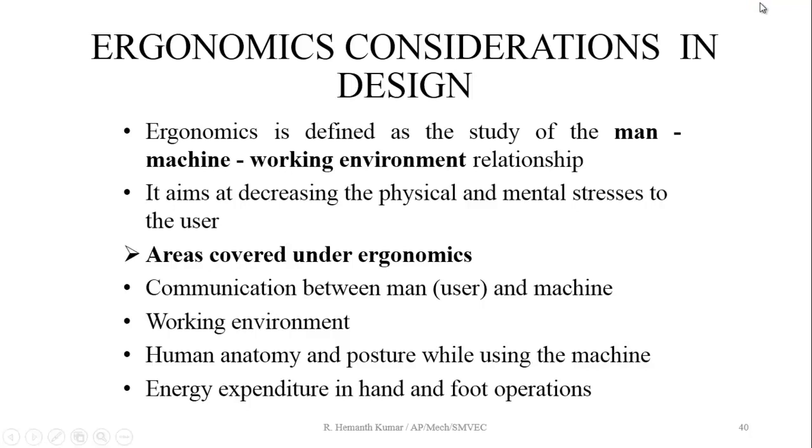Ergonomic is nothing but human comfort. It should be comfortable for humans, mostly humans only. Human beings who are handling the machine have to feel comfortable. For example, if you take a lathe, while using the lathe, there is a platform to stand on near the lathe machine. If the platform or stage is not there, what will be the problem that we will be facing?